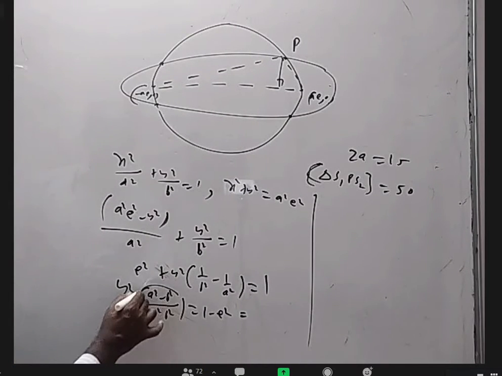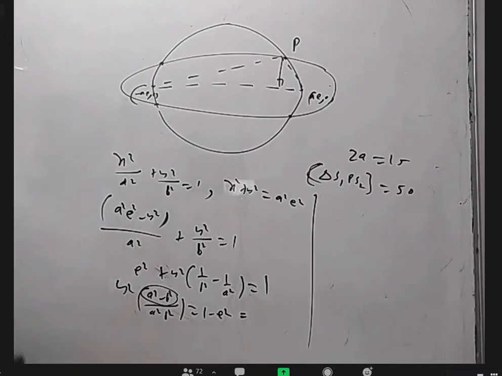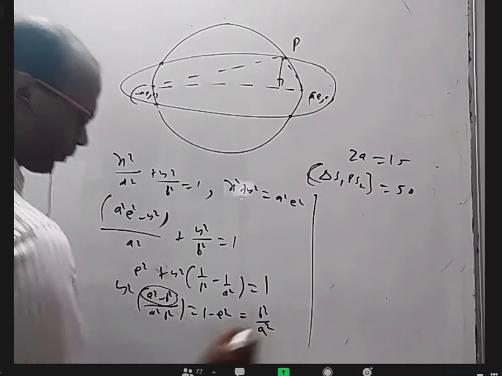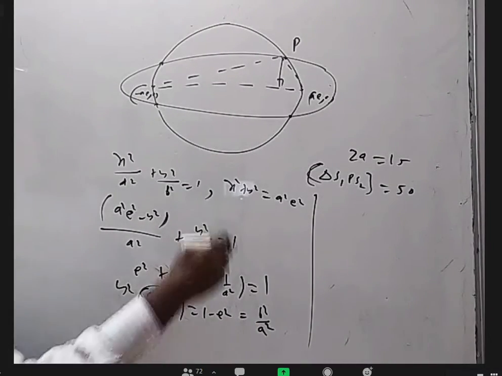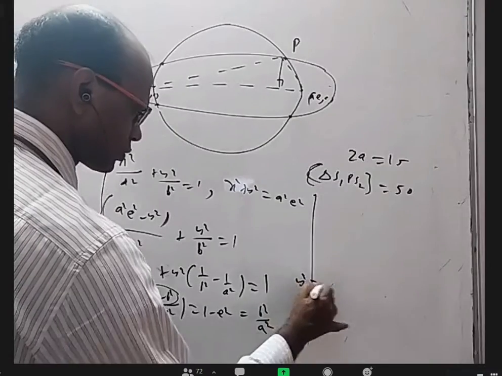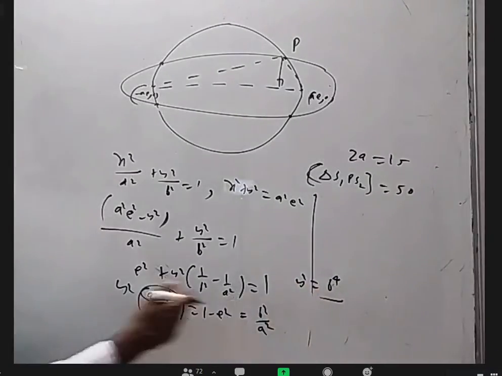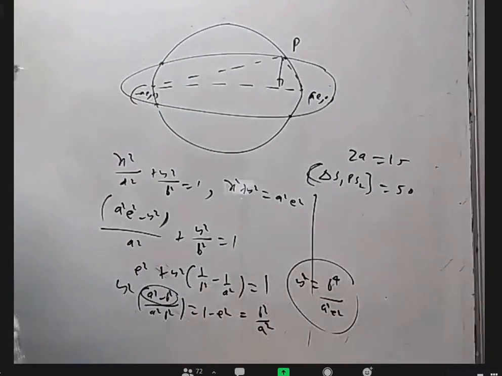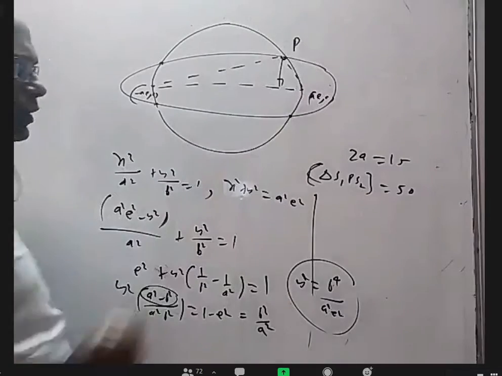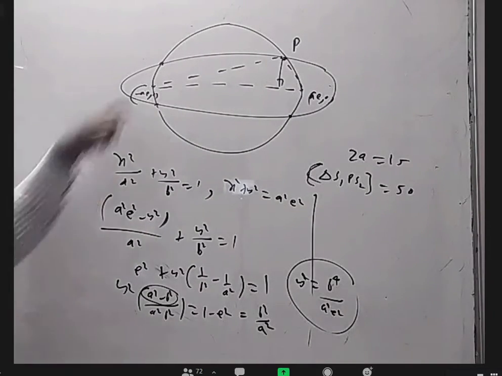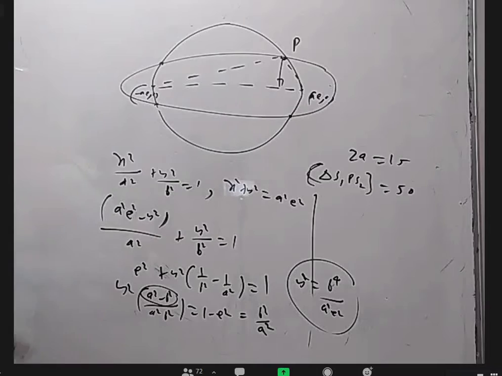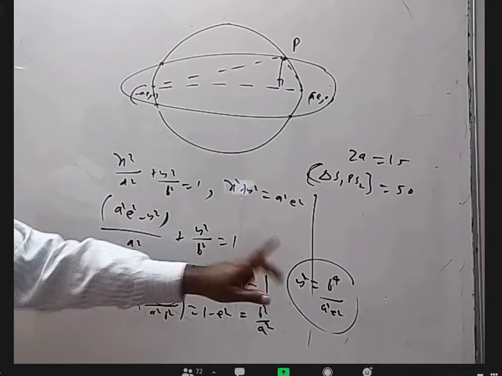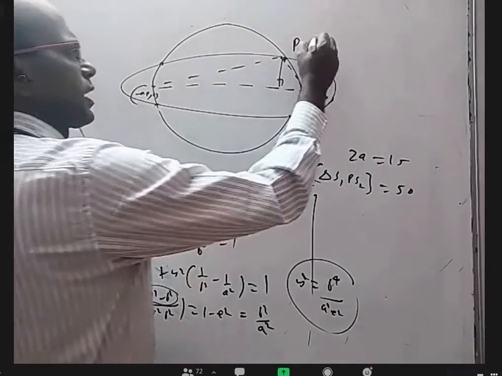Okay. This is a square e square, and this I connect as b square by a square. Send everything to that side, 1 and a square will cancel. I am getting y square equal to b power 4 by a square, minus b square is a square e square. So from that, the y coordinate is b square by a. So for this point, the y coordinate is coming b square by a. How? Solve this circle and ellipse and eliminate x square. We'll get a quadratic equation in terms of y square, but we are getting the y square value directly.